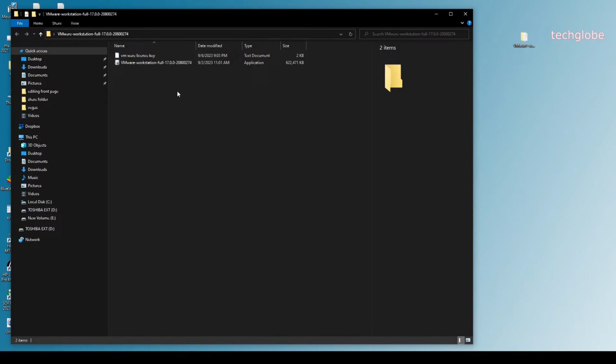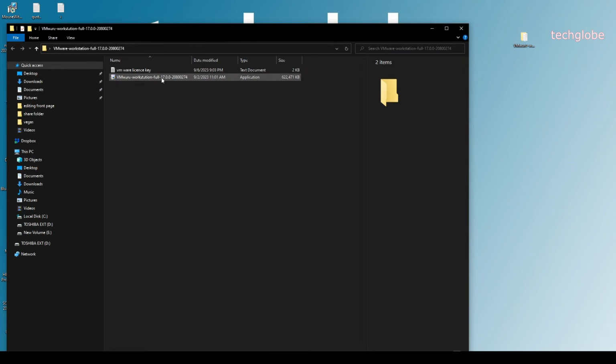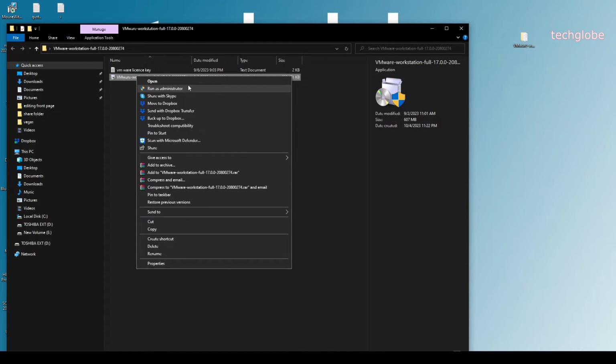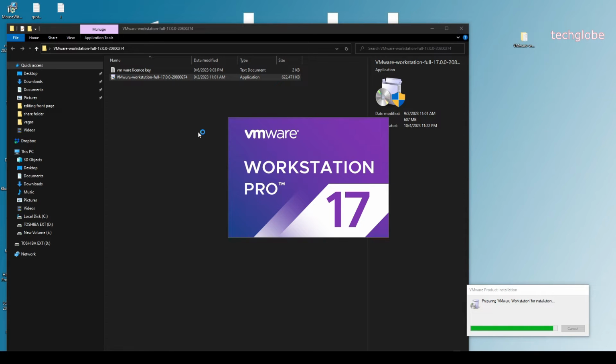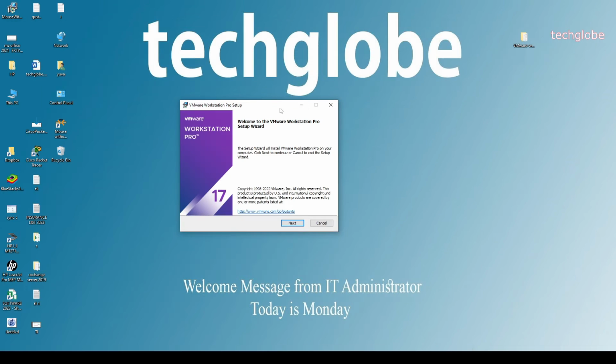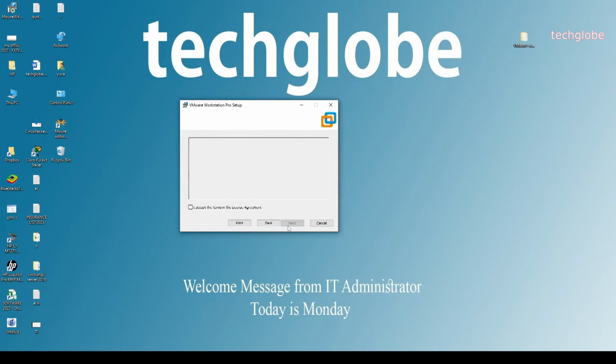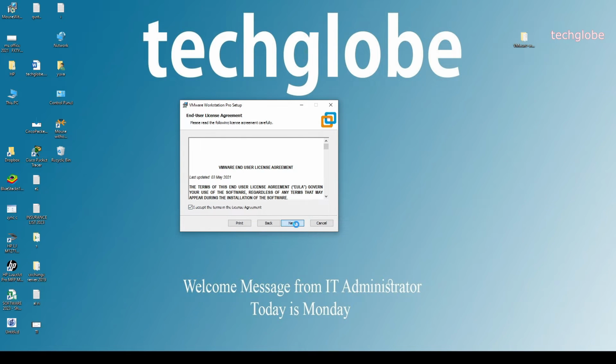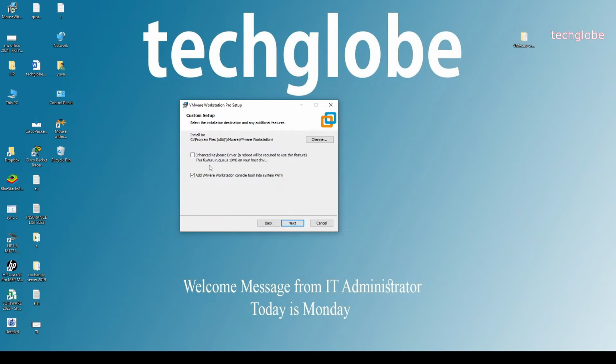So what I'm going to do is, in this setup, I'm going to right click and run as administrator and select yes. Now the VMware Workstation started installation, and select the next button and accept the terms and conditions. Click next, and in this module I'm going to select enhanced keyboard driver,